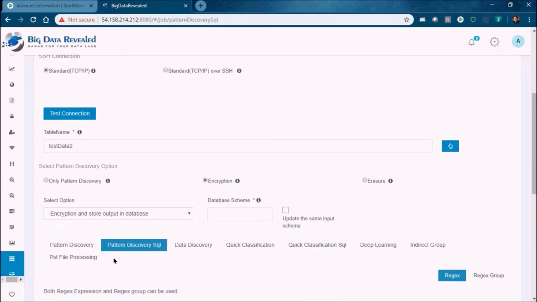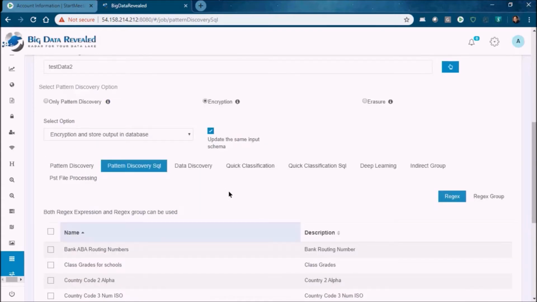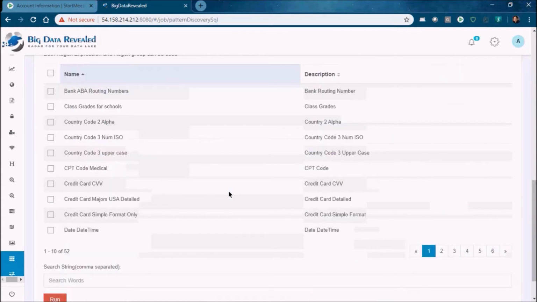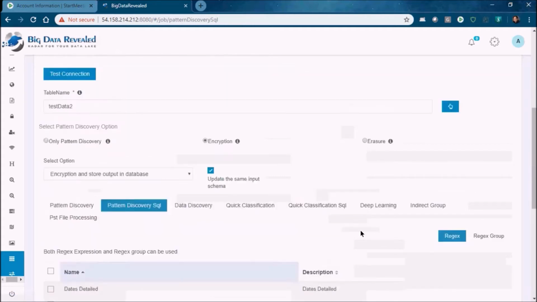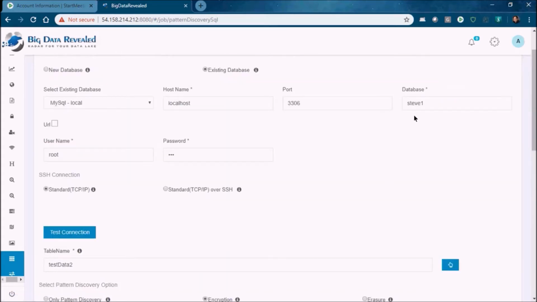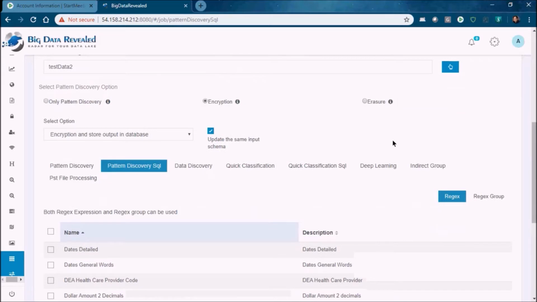So in this example, I am going to create a new schema for HDFS in a database, or if I'm running on a small table, I might want to do the encryption and update directly to a database, which is almost unheard of, by being able to find the PII and do the encryption directly. So I'm actually going to show you an example here where we're going against the schema in a database, Steve1,